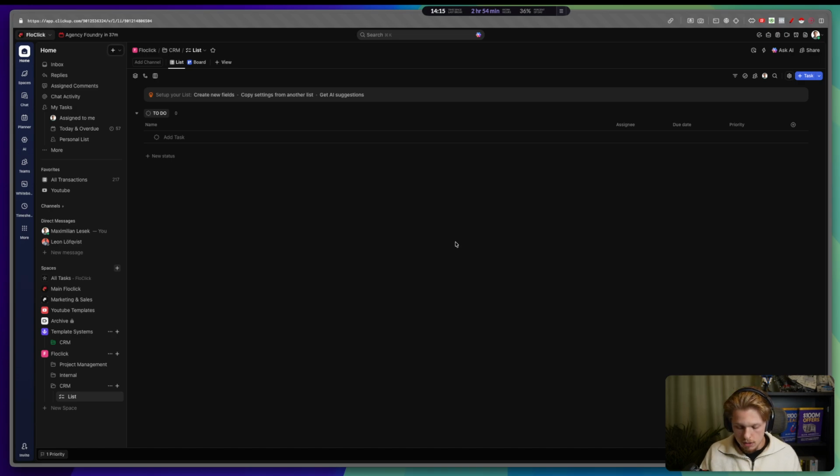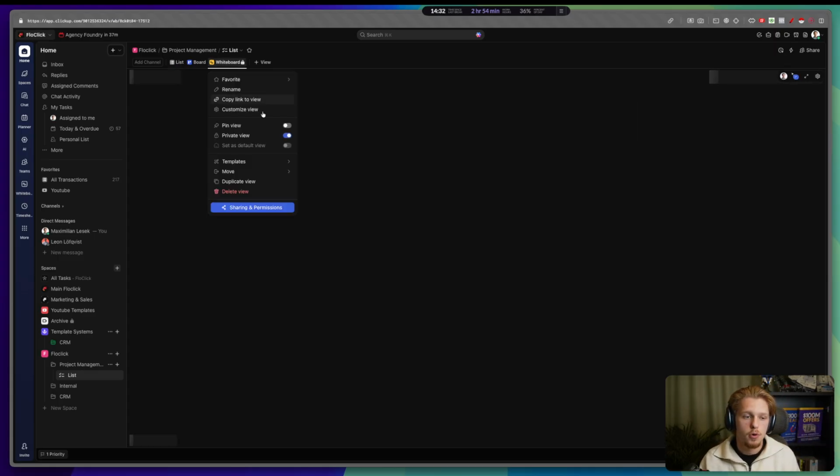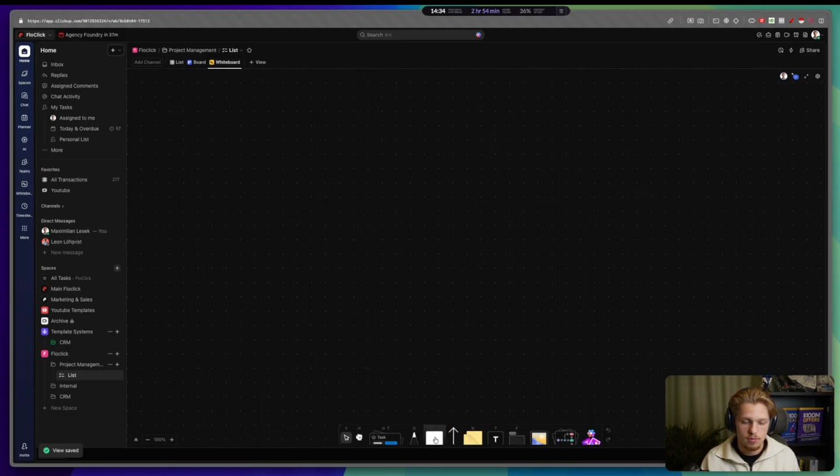But I always like to have a simple framework when I build ClickUp, especially when you're starting out. The simpler it is, the better it's going to work, and the more usage you're going to have of it, right? People add all the stuff, they make it super complex, they build it enterprise. Very important to keep track of, right? When you're building ClickUp is if you are a small